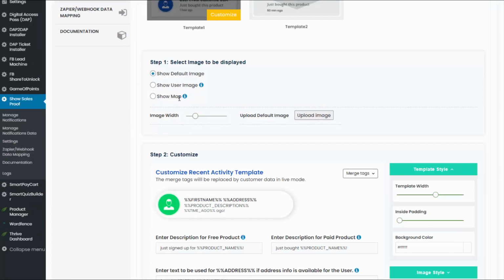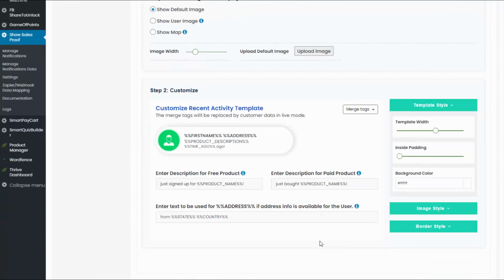There is another option, Show Map, where it will display the map, the location of the user, where they are signing up from. And if the map option is selected, you need to enter your Google Map static key in the SSP settings page. All right, so moving on to this section right here, you can see this is how it's going to look,